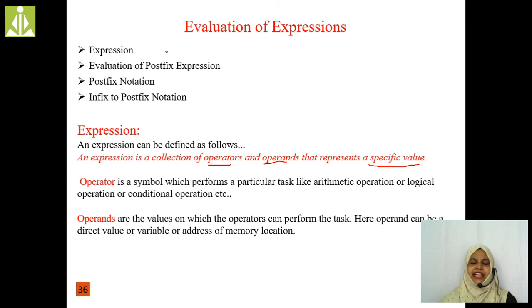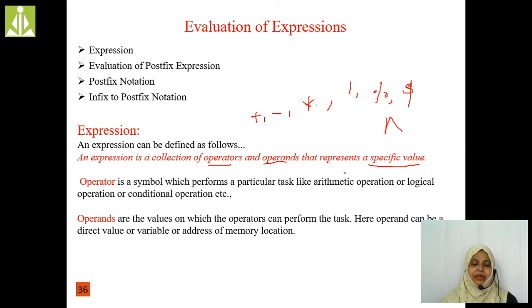What do you mean by operator? An operator is an entity which is used to perform a specific task. What types of operators do we use in real life? Plus, minus, star, divide, percent, the dollar or cap symbol, and the power symbol. All these are the operators we use in real life.